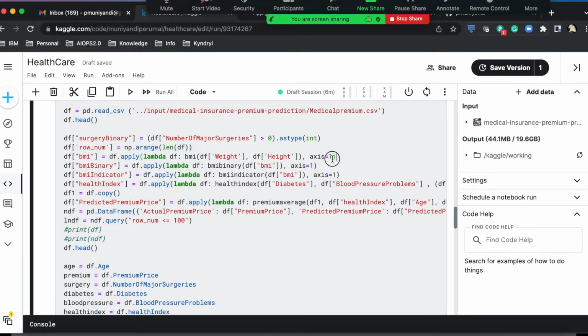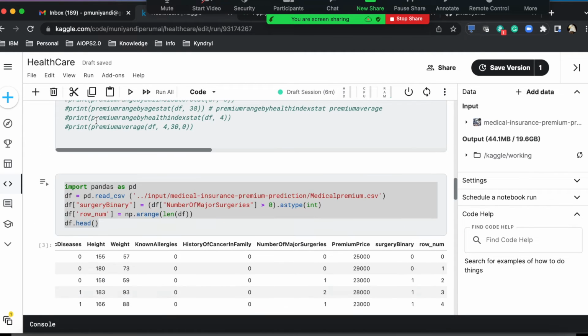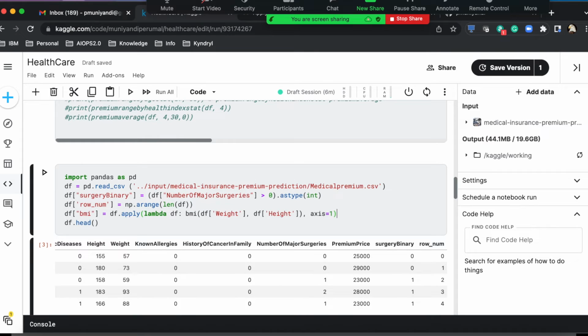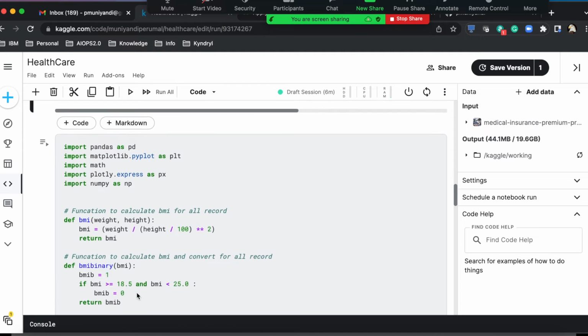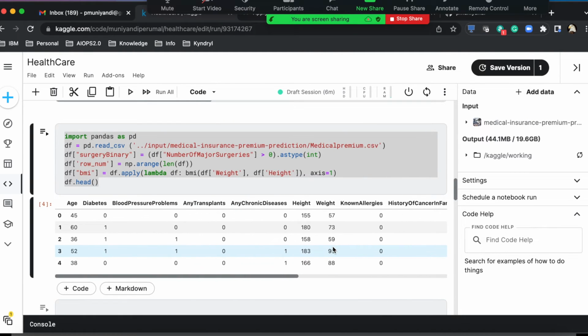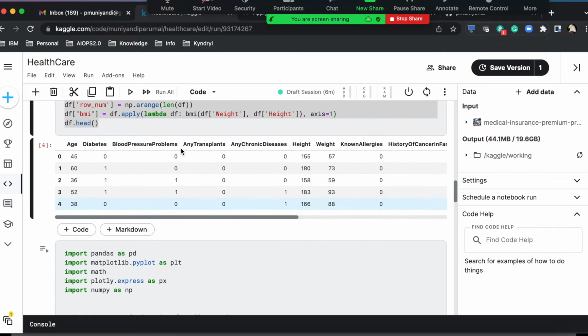So now I'm going to introduce this particular line here. I'm just trying to explain one by one. Now I'm introducing a new column called BMI. So if I run this code it will give an error. Why? Because I didn't copy my function. Oh, it is working. The reason is it's already there in the memory, because just now, you remember, I executed this part of the code. So fine, it's there in the memory.